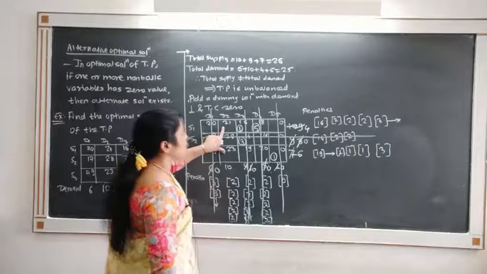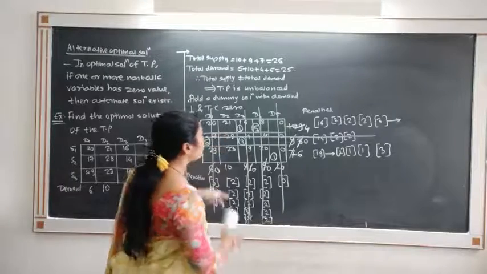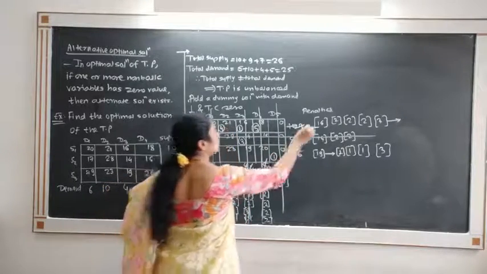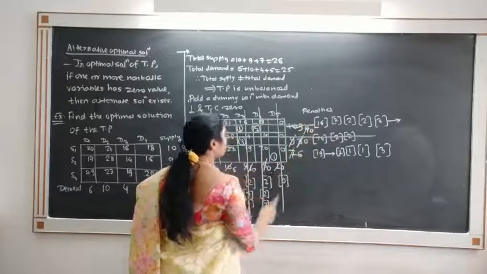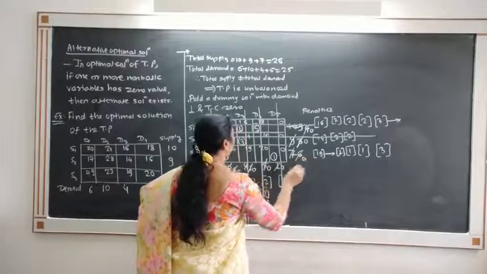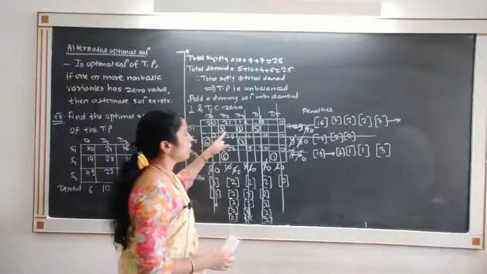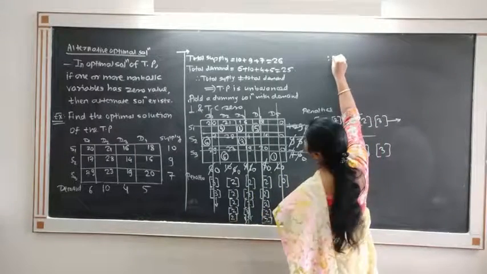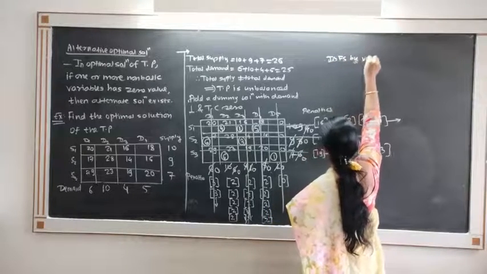Now there are only 2 entries, so apply least cost method. Assign to 21 the minimum of 4 and 10, that is 4, which becomes 0, here remains 6, row crossed out, and 23 has 6, so that supply and demand both get 0. Now this is the assignment by VAM. So what is the initial basic feasible solution by VAM?